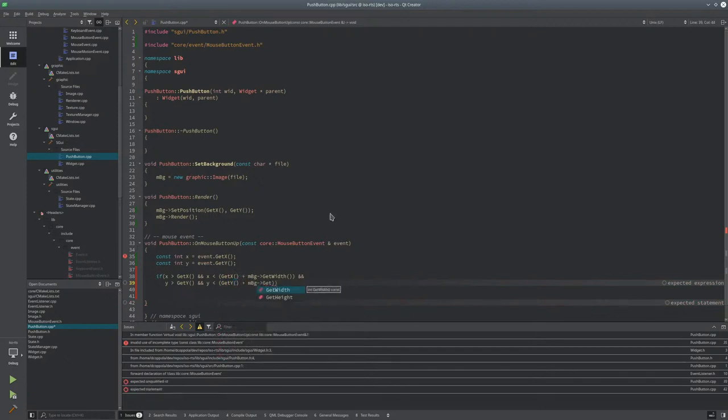I'm not checking for a null background for now. I will enforce it, because I can do that here, but